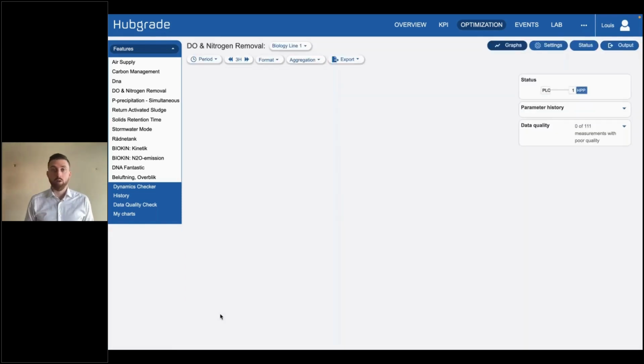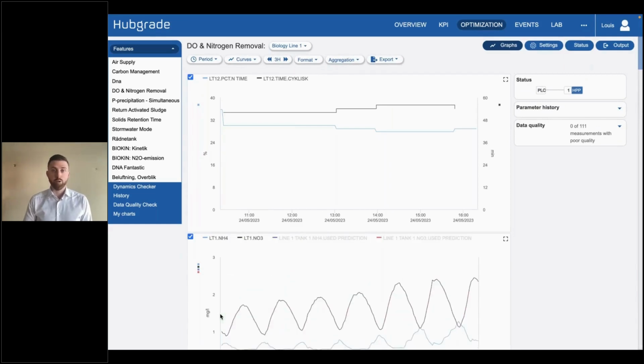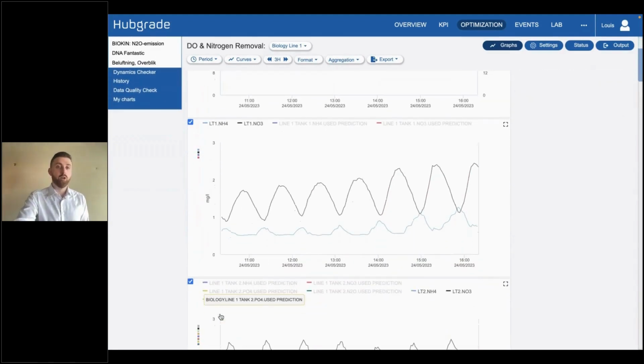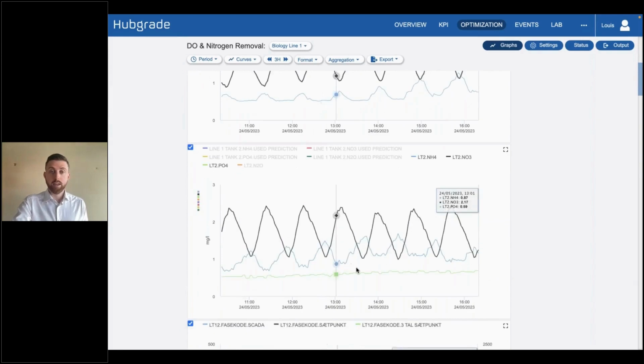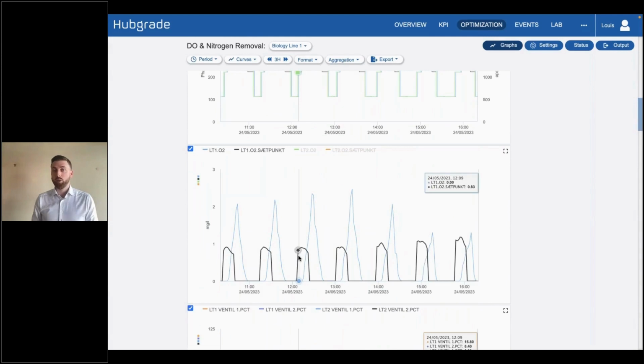If we go in and focus on, for example, an aeration feature that's there to handle the aeration cycles for the nutrient removal, you jump into a part of the tool where you can see and analyze all the data that is shared between the twin and the real world with the measurements and the set points generated. So you can, for example, track here your live measurements of nutrients, ammonia, nitrate in a specific biological tank. You can have phosphate also, and you can, for example, check what is the difference between the set point in black of the oxygen, the DO level in the tank that's sent by the Hubgrade Performance Plant, and the real